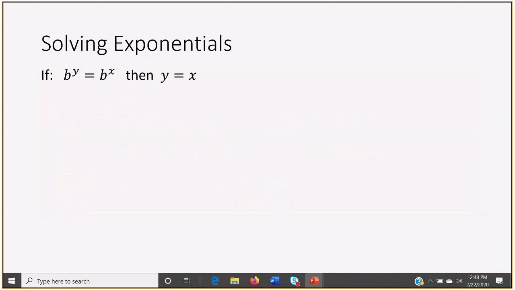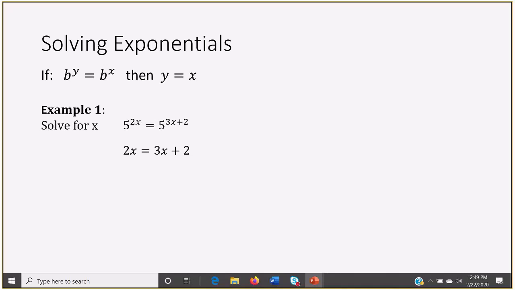We're going to use a neat little trick to solve them. And this neat little trick is that if we have the same base of an exponential, then we can set the powers equal to each other and then potentially solve from there. So for example, I have 5 to the 2x is equal to 5 to the 3x plus 2. All those bases are exactly the same. I can set the powers equal to each other, and then I can